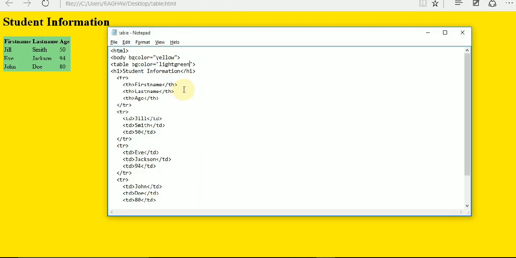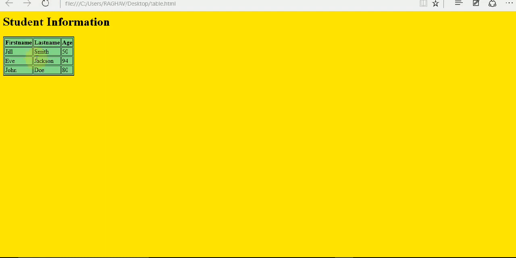Now how are we setting the border? How are we setting the border? For setting the border, you have to write the border here. If you are setting the border for the table, then you have to write it in the table tag. Okay, table border equal to, write border equal to quotes 2, and press Ctrl S and refresh this website again. Then you can see the output here. Then you are setting the border here.